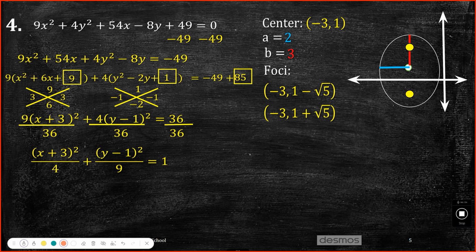Google it, find out what that is. Go figure it out. It's the sum. It's the set of all points in a plane such that the sum